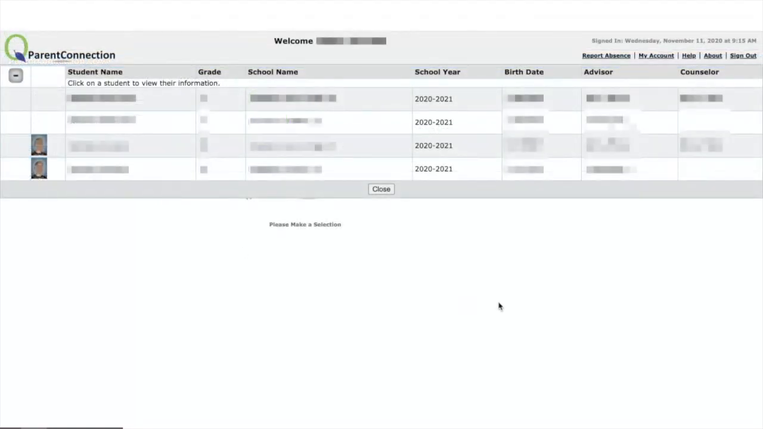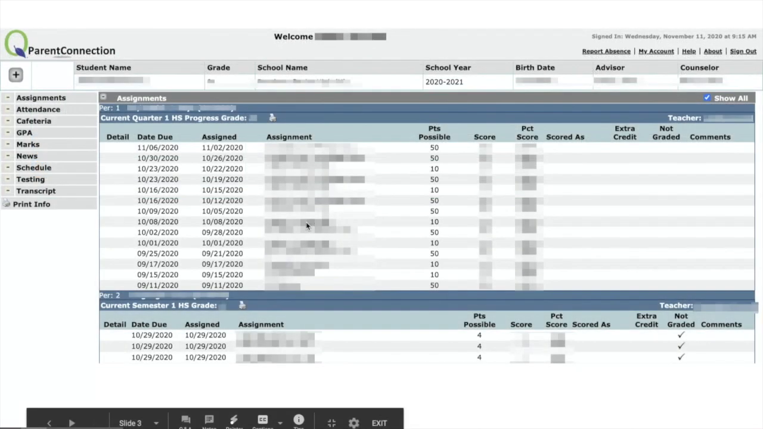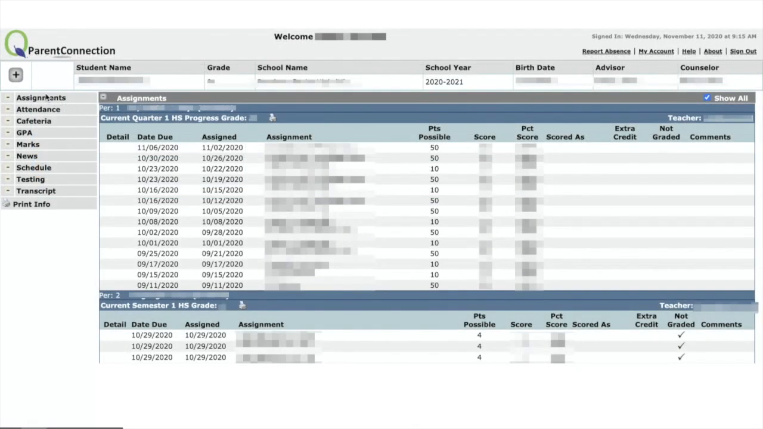Once you've entered your PIN and your password, you'll notice that you see a list of all the students that you have enrolled in the Dearborn schools. You can click on any student to view their grades, attendance, and any other information that is specific to your student. Specifically grades. If you click on assignments, you'll notice that all of your students' classes are listed, and you